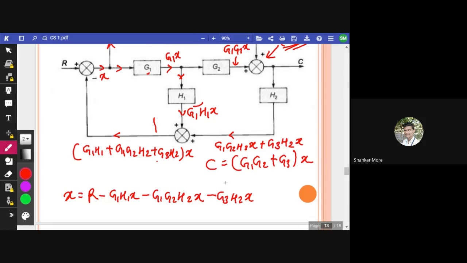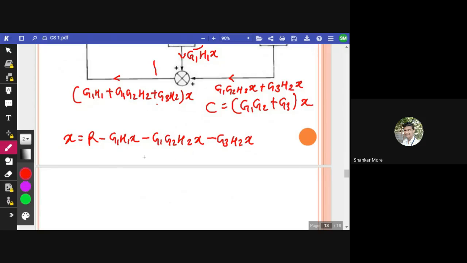All right, now what we are going to do, we are going to do one thing. टेक दिस एक्स सेपरेटली. लाइक यहाँ पे हमें क्या करना है, एक्स को सेपरेट करना है. कैसे करेंगे, इस आर को यहीं पे रखो और ये जो तीन टर्म्स है ना, इसे लेफ्ट साइड में भेज दो. सो इट विल बी, एक्स में कॉमन निकलता हूं, सो इट विल बी 1 प्लस G1 into H1 प्लस G1 into G2 into H2 प्लस G3 into H2 इज इक्वल्स टू R. ठीक है,